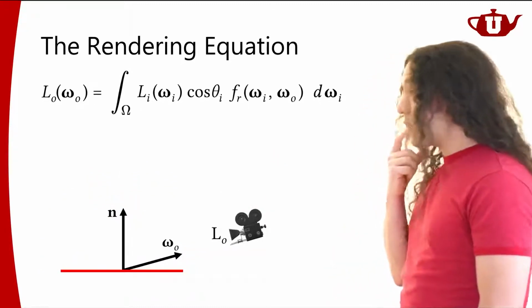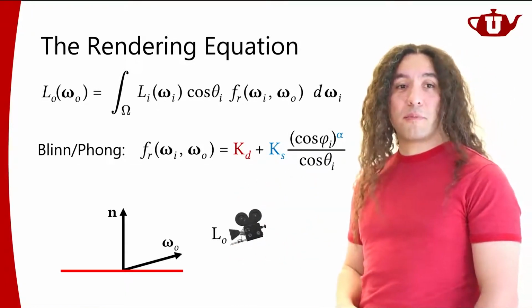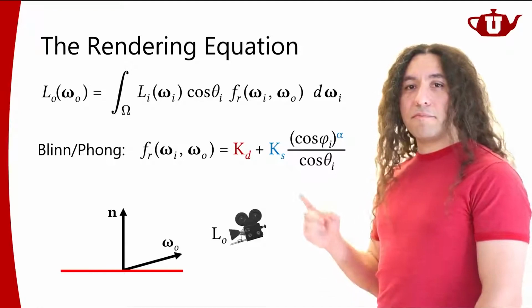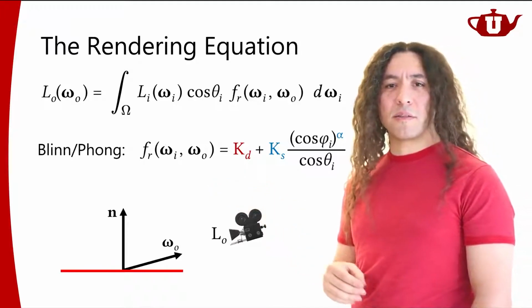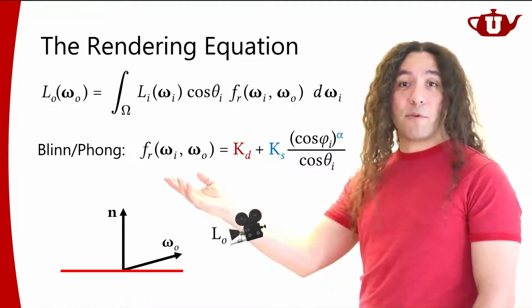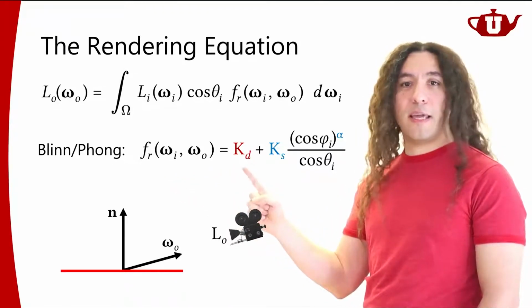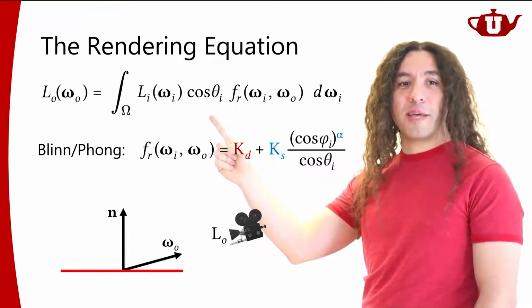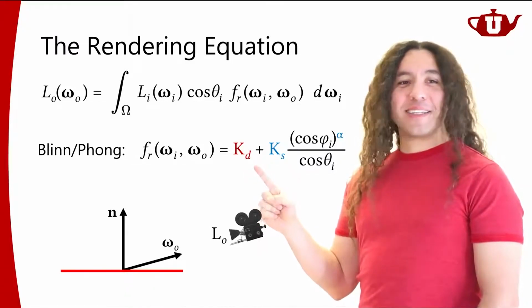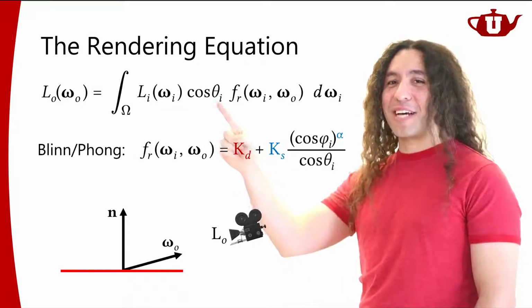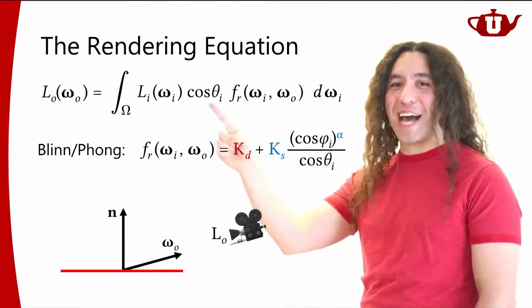All right, so let's try to remember what we did before. We talked about the Blinn-Phong material model, and they both looked very much like this. So I can write the Blinn-Phong material models as a BRDF formulation like this. The diffuse term is just a constant term, so no cosine here. Cosine is out there, it's not inside the BRDF. I keep saying the same thing because when you Google this, you're going to find this cosine term right next to this. This is not the right place to put the cosine term. The cosine term is outside.